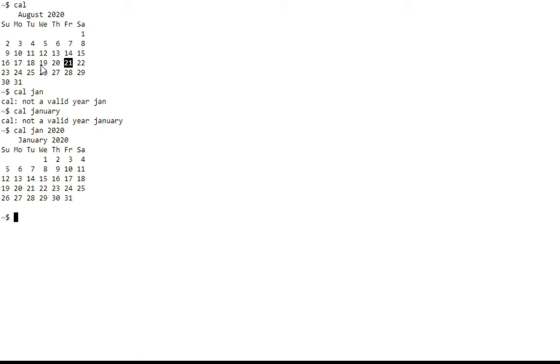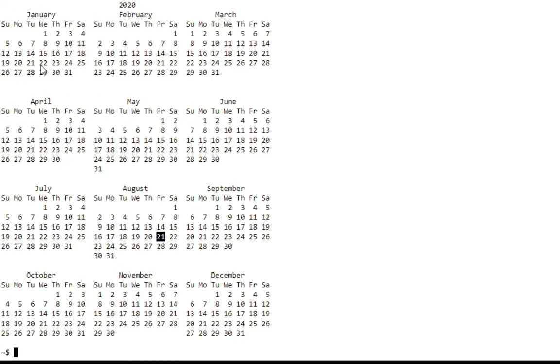See, the calendar of January 2020 will be displayed. If I want to see the complete year calendar, I just have to specify the year in front of the cal command. So the complete year calendar will be displayed there.